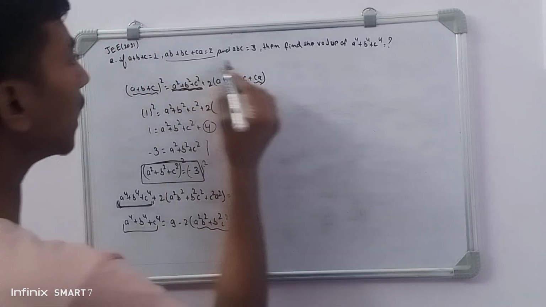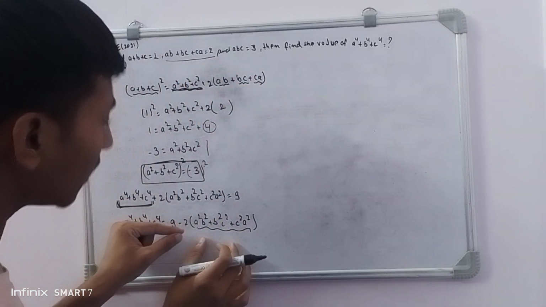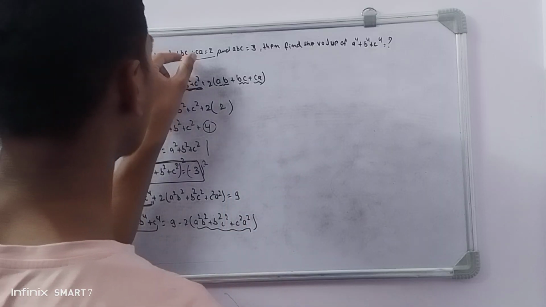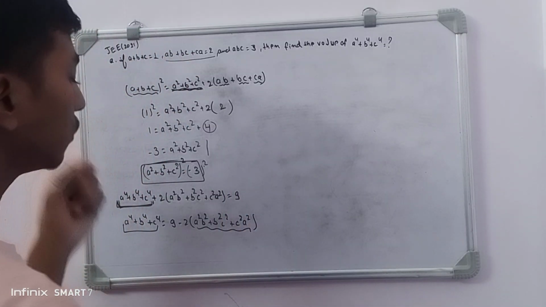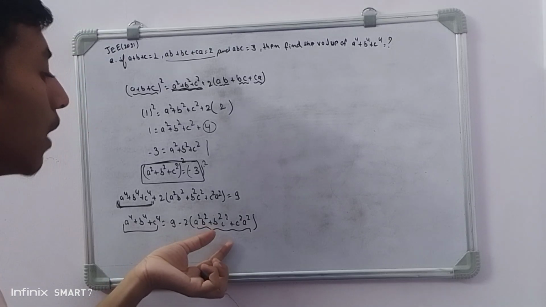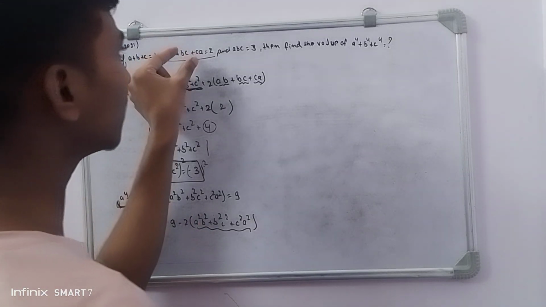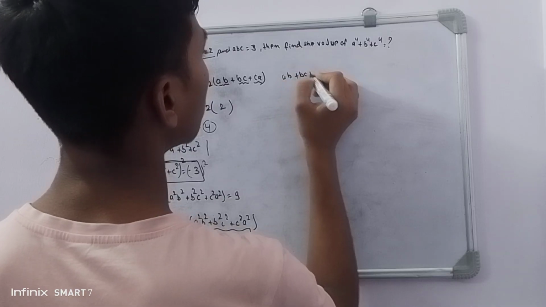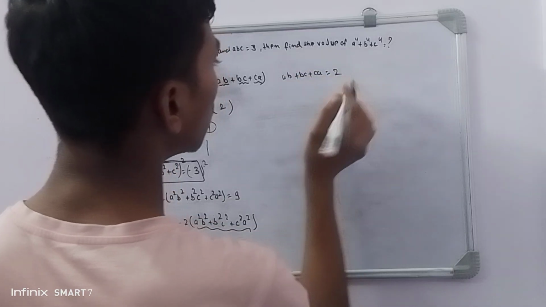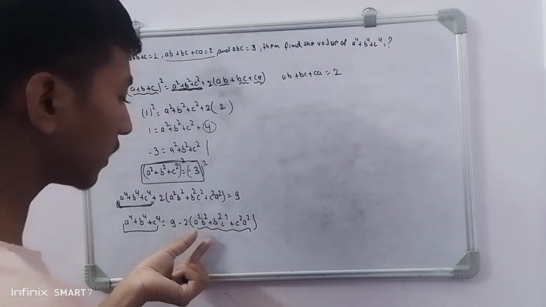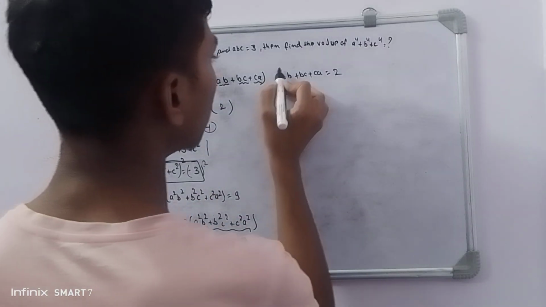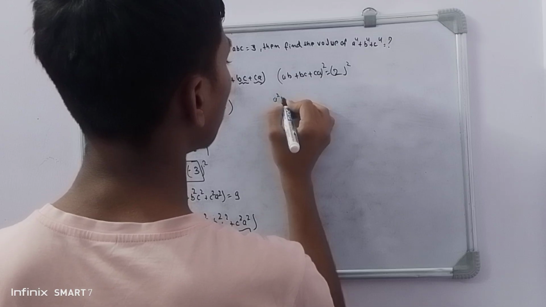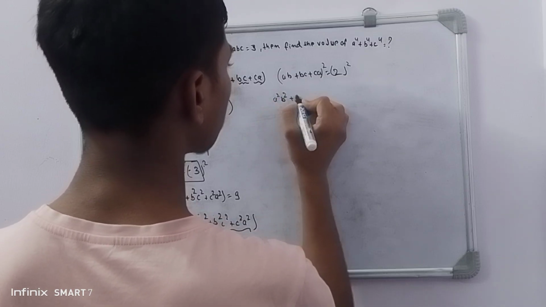As you are able to see, this same thing is written here, but the power is 1 in all the values, but here you have to find the power 2. So just square this one on both sides. As we have ab plus bc plus ca is equal to 2, when you square both sides you will get the power 2. So try this thing. Squaring both sides, you will get a square b square